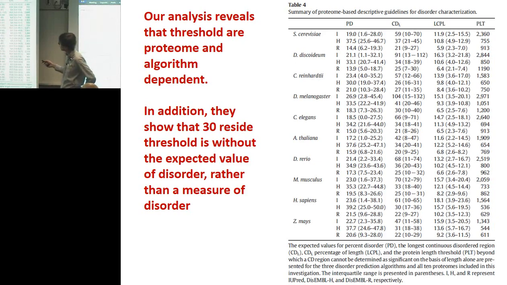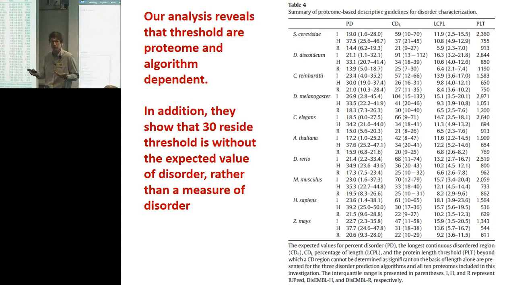Depending on the algorithm you're employing, if it's IUPred or if one of the two disembled algorithms, hot loops or the REM, you find out, for example, for IUPred, rarely 30 residues is considered highly disordered, because this is the average value. And you can see that the average value is 59. Then if you look at, for example, hot loops, it is 37. If you look at the REM, it is 21. So it's just there about the mean.